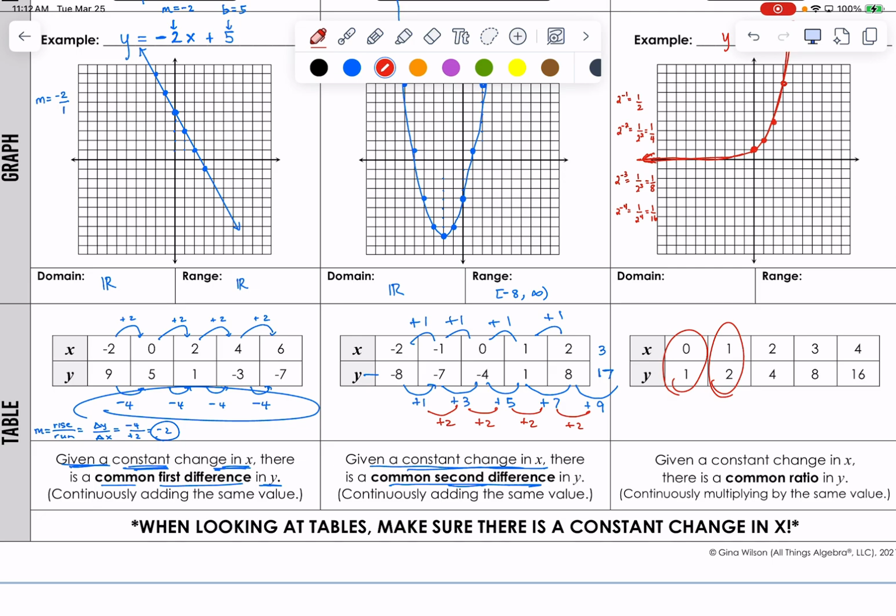Quadratic goes up by a certain pattern. But then when you look at the pattern that it goes,